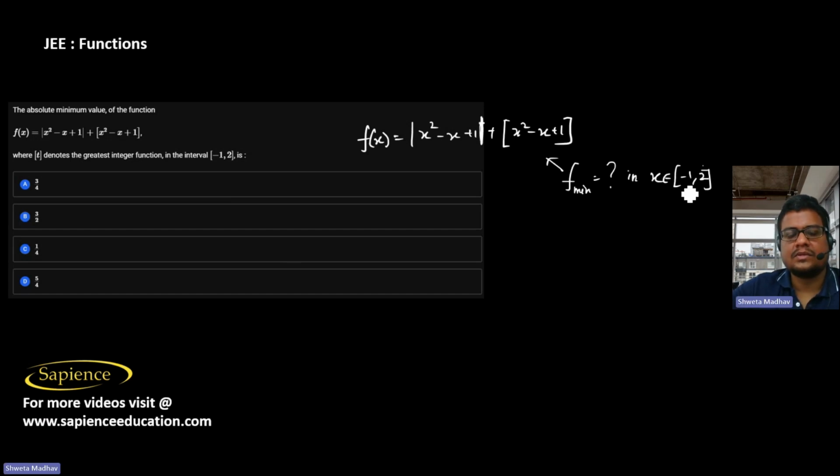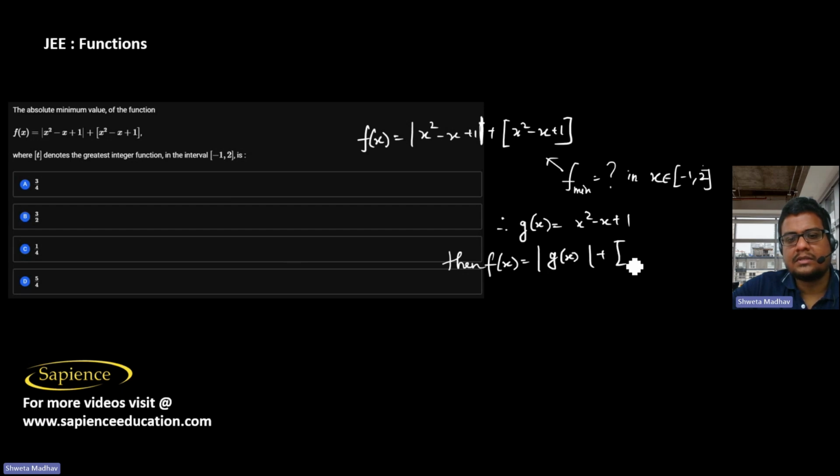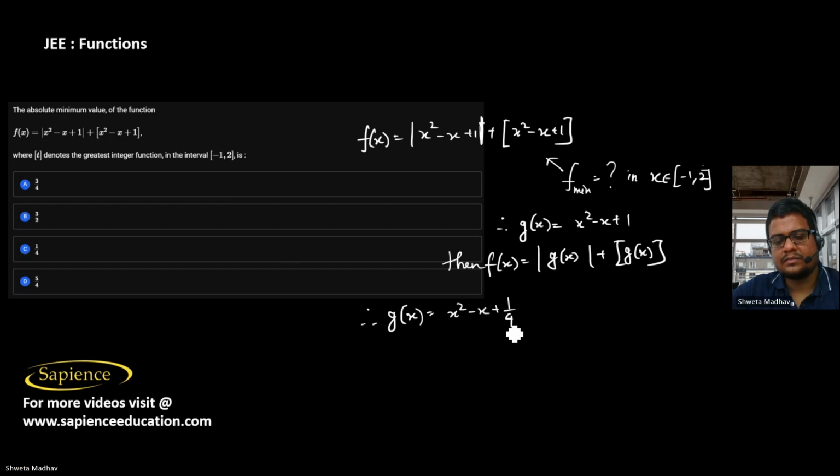In the interval -1 to 2. So now let's say we take this function as g of x, which is x square minus x plus 1. Then this function f of x can be written as mod of g of x plus bracket g of x. So therefore g of x we can write as x square minus x plus 1 by 4